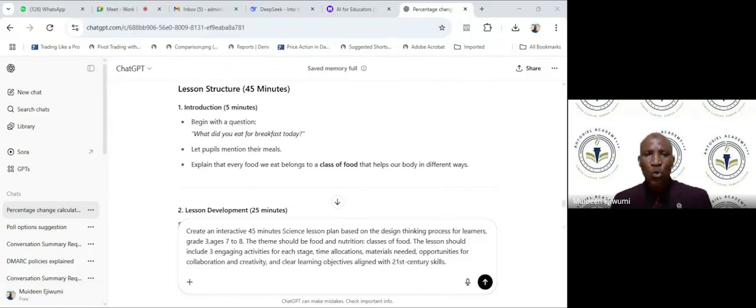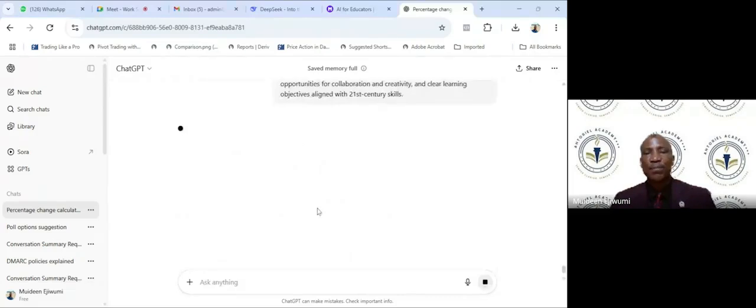The lessons should include 3 engaging activities for each stage, time allocation, materials needed, opportunity for collaboration and creativity, and clear 21st century skills. Fantastic. I love this prompt. Now let's generate it and see the results.